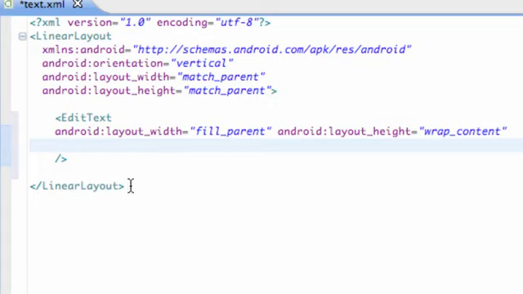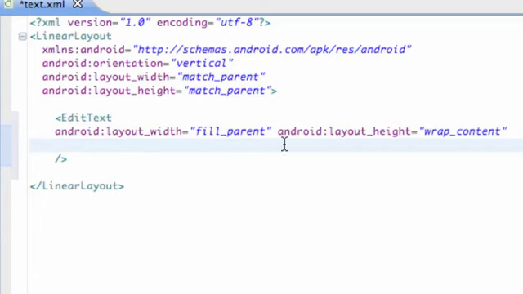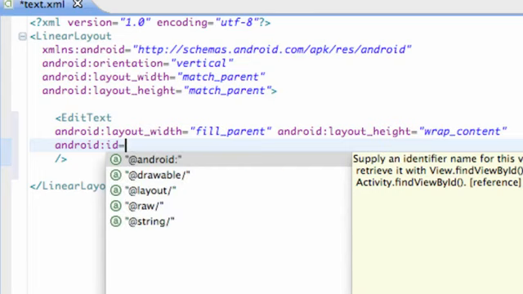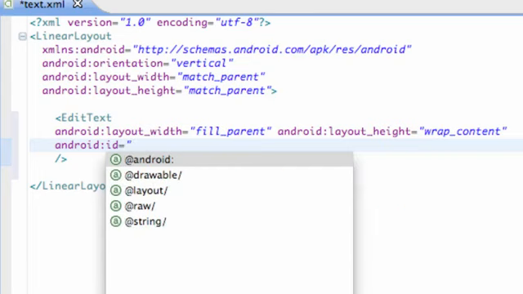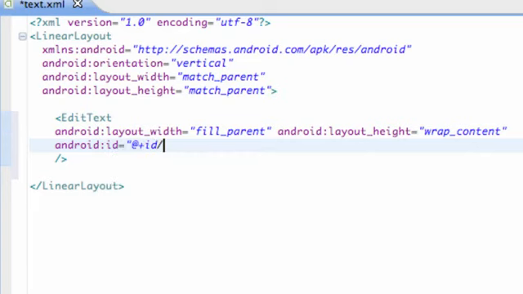But there we go. We have the setup for our text view, or I'm sorry, edit text, and that's what edit text looks like. You can put some input in there, some text or whatever, and we're also going to give it an ID because we want to reference it in Java. So Android ID equals, again within quotations, @+id/ and then ET for edit text,